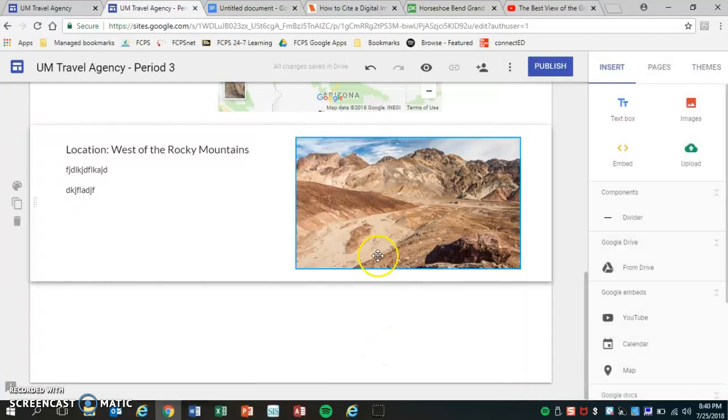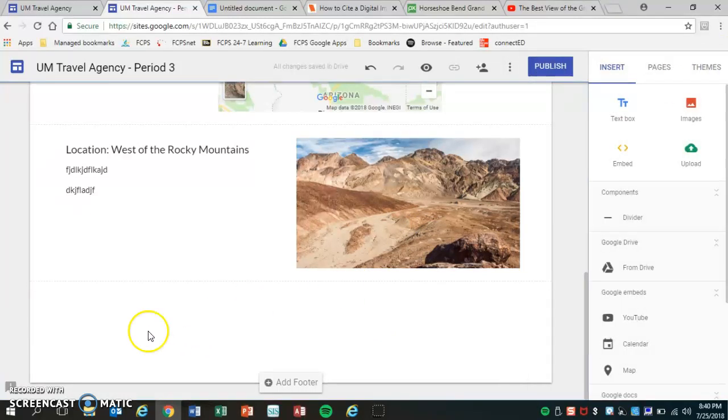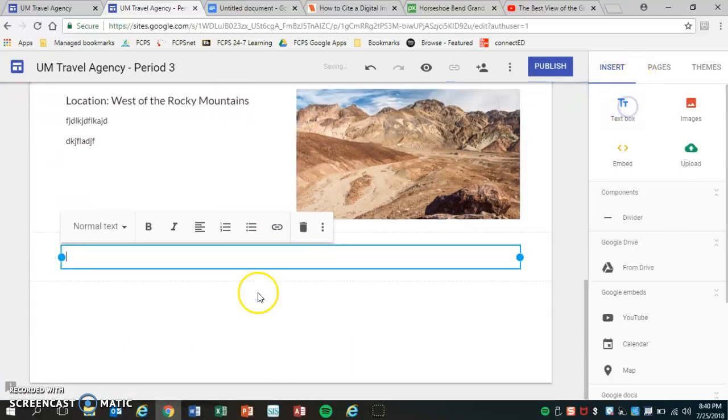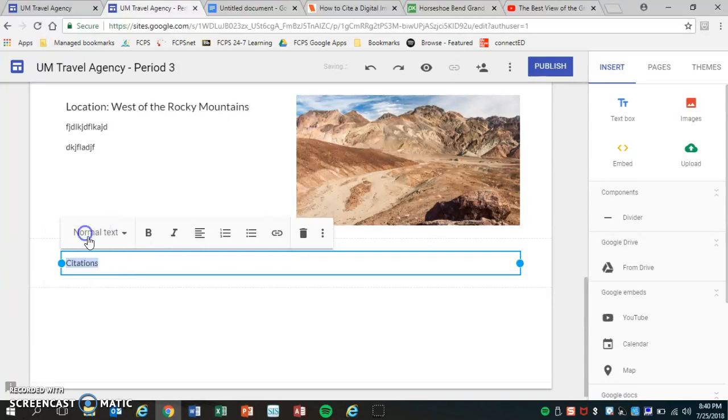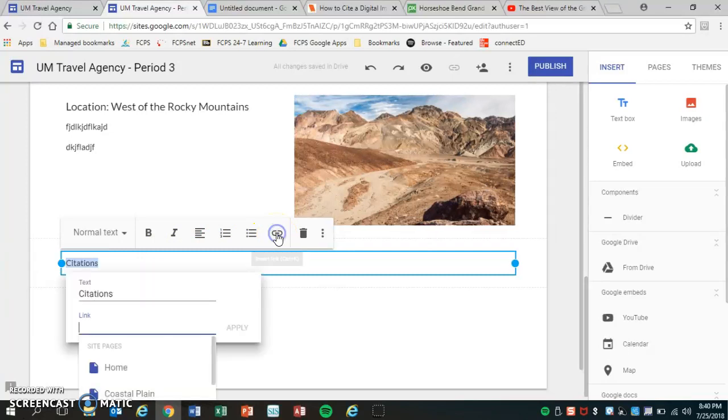So to maybe fix that from looking goofy, what you could do is add a text box. You could even have it small. Say citations. Actually, let's go a little bit bigger. Let's go normal. Okay, citations, and have a hyperlink,